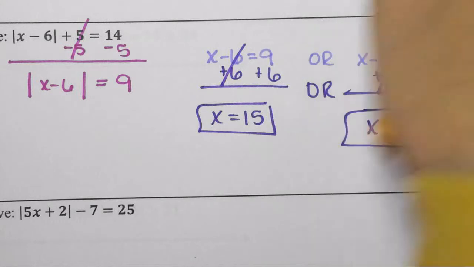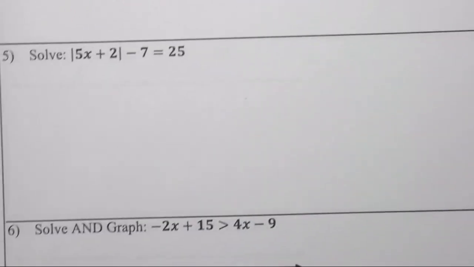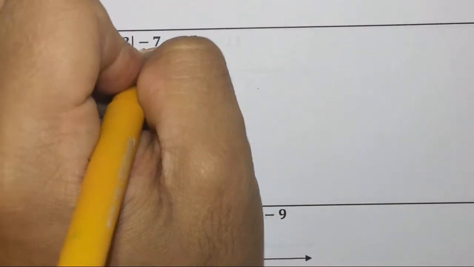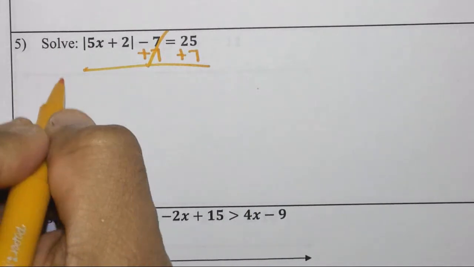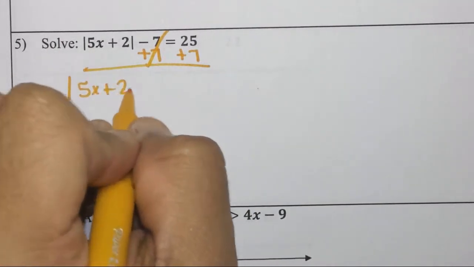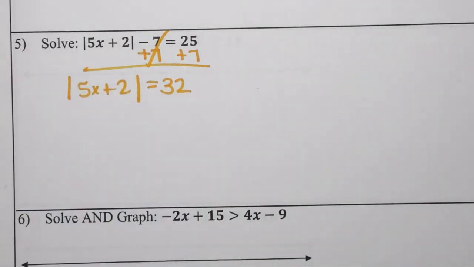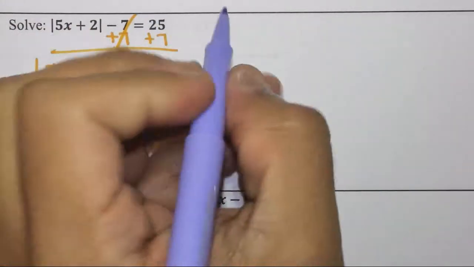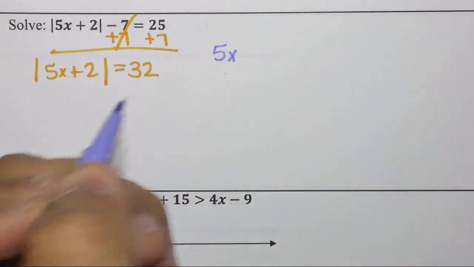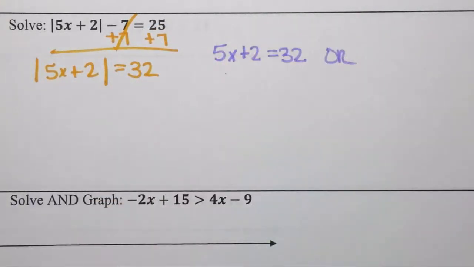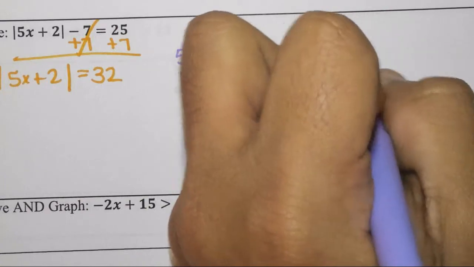Number 5 is pretty simple. Same situation. You want to isolate the absolute value. So I'm going to add 7 on both sides. That gives me the absolute value of 5x plus 2 is equal to 32. So then you do the same thing like in number 4, where you say, okay, I'm either going to have 5x plus 2 equals 32, or 5x plus 2